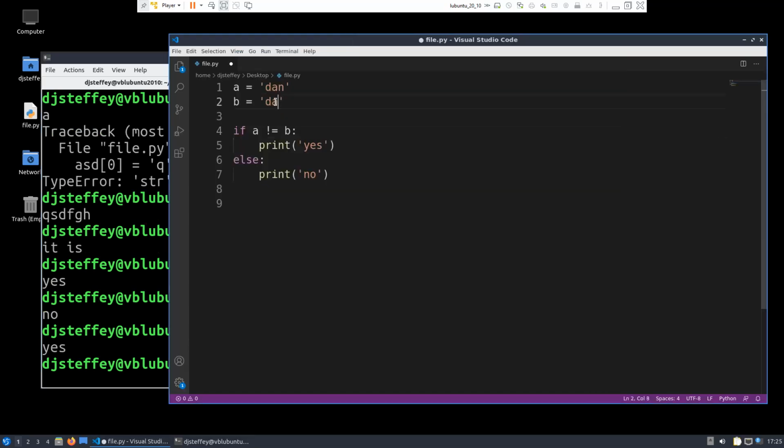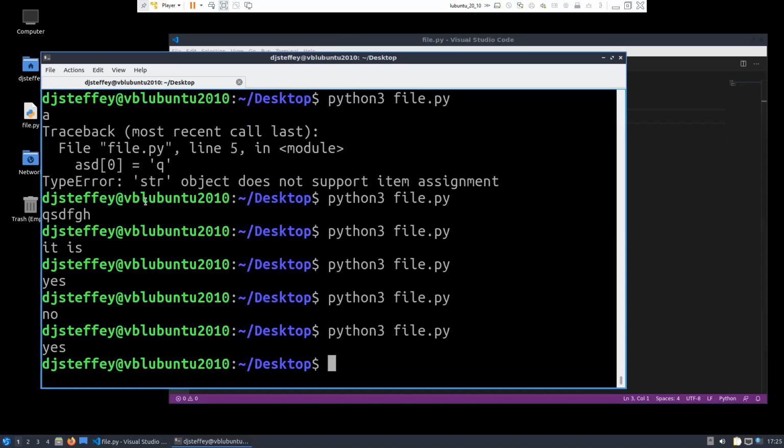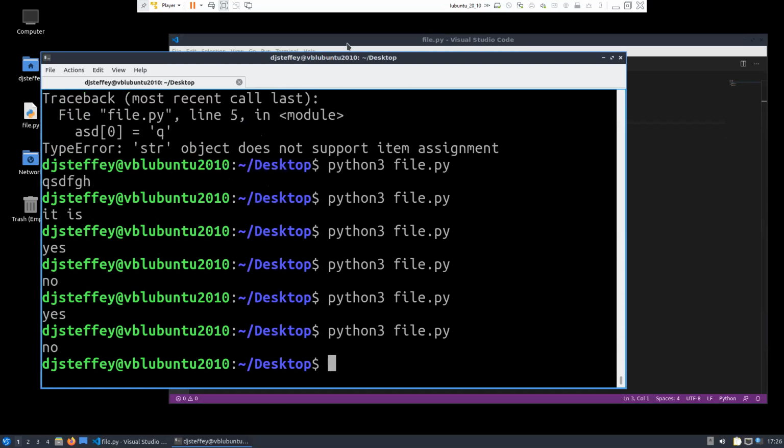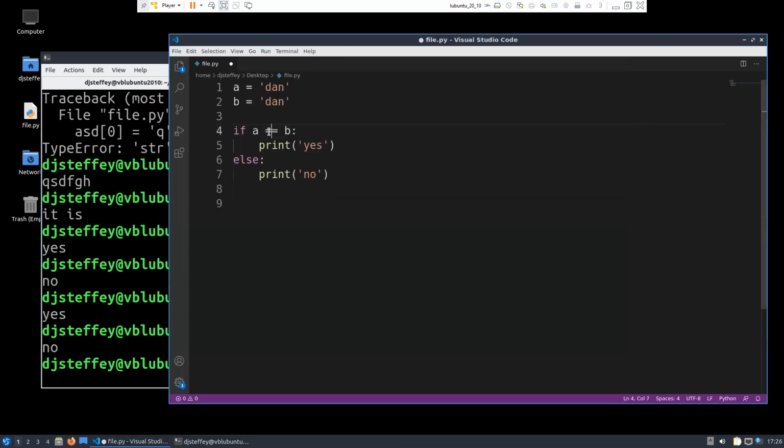But if we name them the same, then this is going to print no, because that is false. There we go, no. Of course, if we change it to equal, this will print yes, because A is equal to B. They're the same